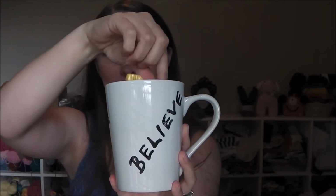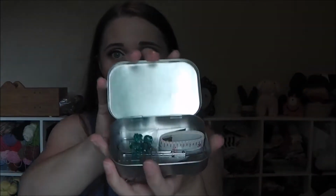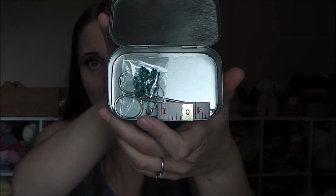So I got really lucky. She also made me this Loch Ness Monster coffee mug. This says Believe, and sent me some coffee to go with it, as well as these little dark chocolate wafers. Yum! As well as this little Altoids tin that has stitch markers, some scissors, and a measuring tape, which is always good to have on you. A little stationery set,